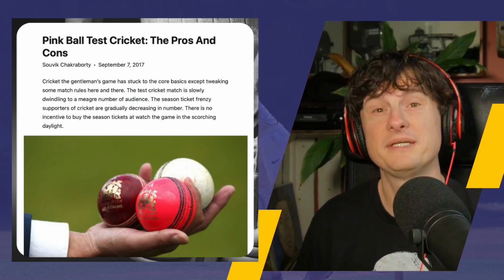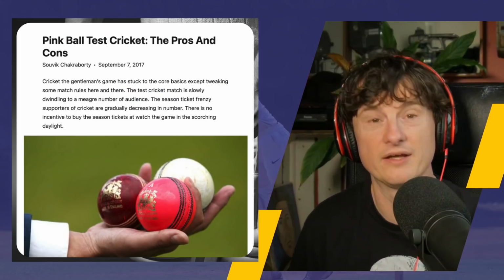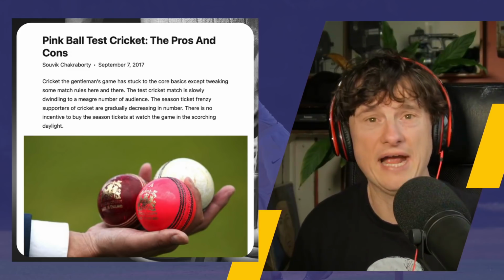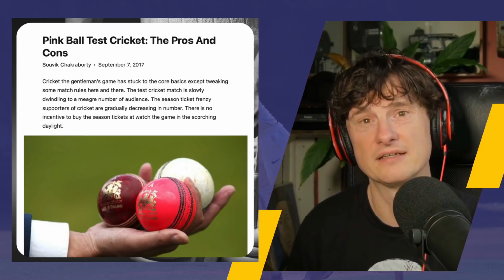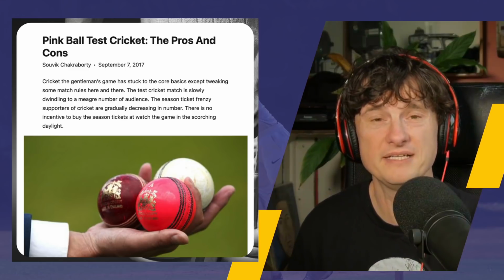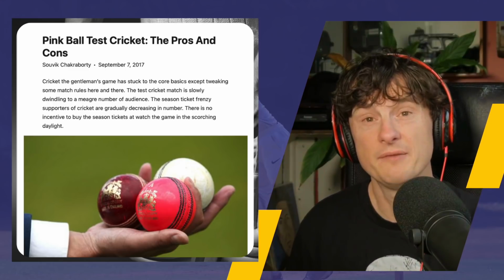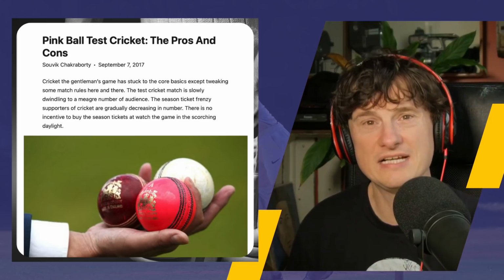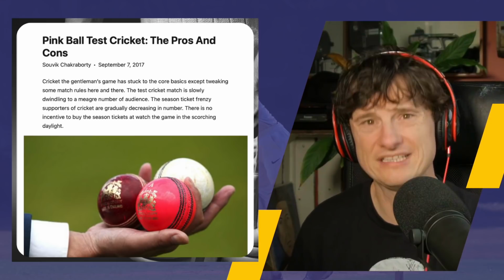And I do think the ball is the biggest issue here. The pink ball doesn't play like the red ball. Obviously, what we have found is that the red ball, when it is dyed, actually works better than any other colour. The white ball can't be dyed and has to be painted, and it's absolute dog shit. The pink ball is somewhere between the red and the white ball. I suppose quite literally. And it's also kind of dog shit, but less dog shit.